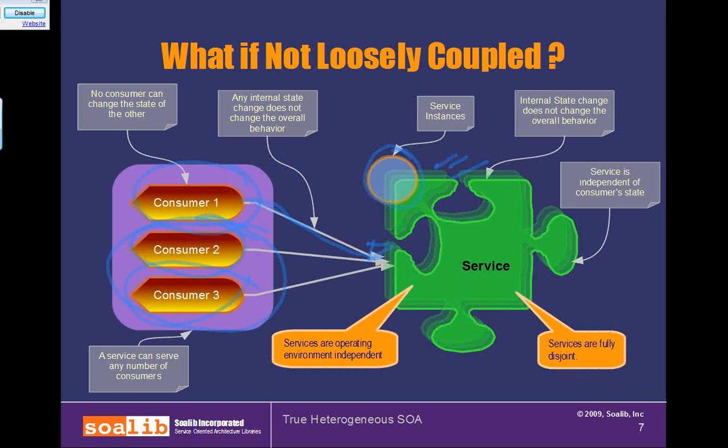If consumer 1 is instantiating the service and consumers 2 and 3 do not have any knowledge of consumer 1 even existing, then we are talking about loosely coupled services here. A loosely coupled service is one in which each of these instances is totally independent, with no relationship, not even inter-instance communication, and also no relationship to which consumer consumed the service. And